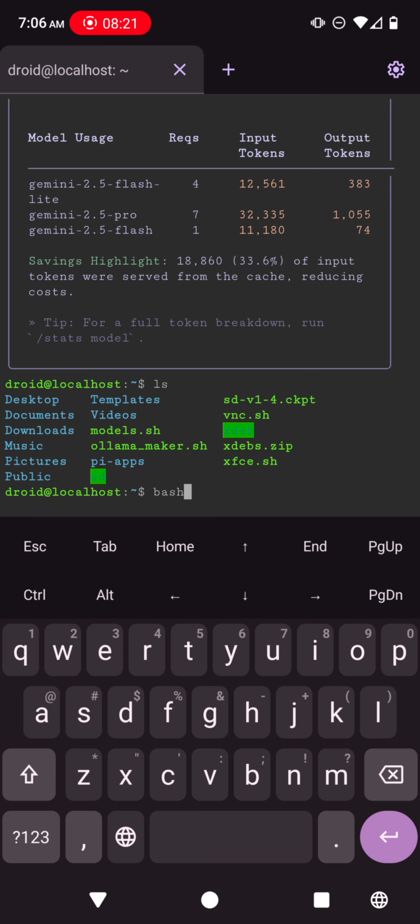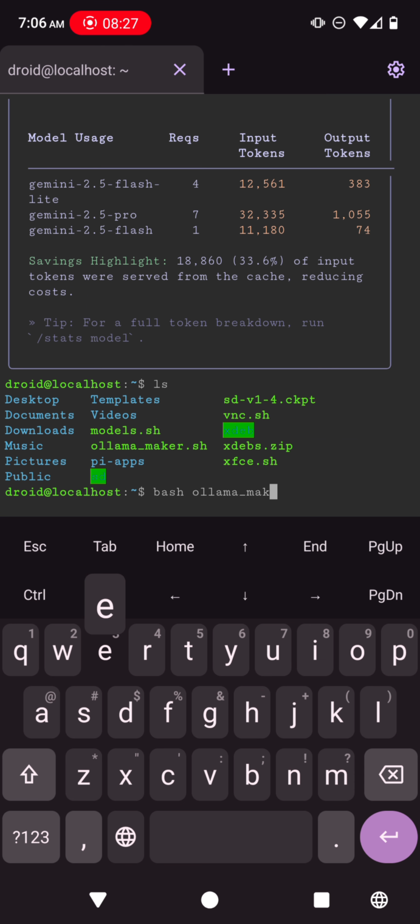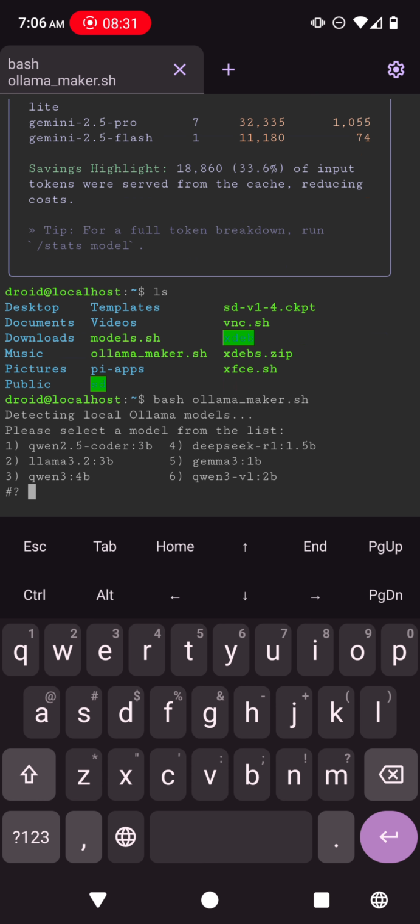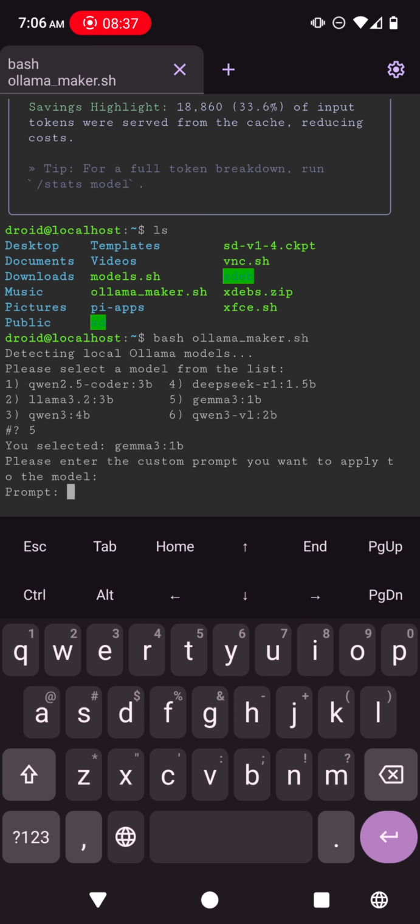So let's try bash Ollama underscore maker.sh. Okay, so now it's letting me select, and I'm going to go with Gemma, option 5, and I'm going to say